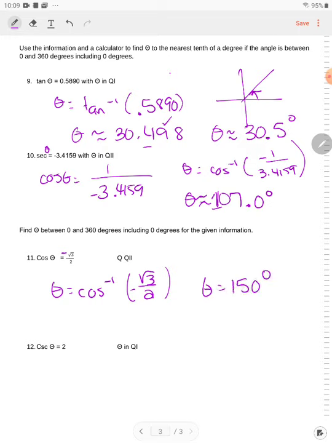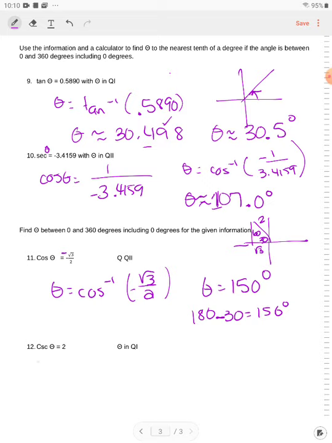Or I could remember that when I see square root of 3, 2, 1, and square root of 2, those numbers would be our special right triangles. So if I know cosine is square root of 3 over 2, the angle across from square root of 3 is 60. So that makes that a 30-degree angle. So to get that angle, I can do 180 minus the reference angle, which is 150 degrees. Or we could just use the calculator. Now, as we continue on in our trig class, we will have to be drawing pictures and thinking about where